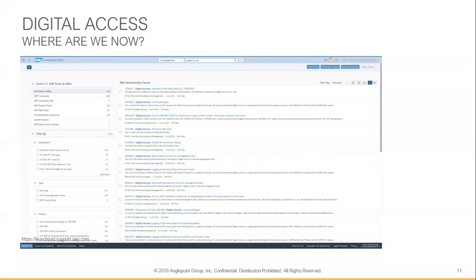So as you can see, this is a snapshot from the SAP support portal. And you can see here, these are all of the different notes that have been published by SAP around digital access. And what we're showing here is that there's been somewhat of an evolution of measurement approaches for indirect access. So how is SAP going to measure all of these documents that Jan just mentioned, right? And so they've been releasing these notes. The most recent one was back in December.